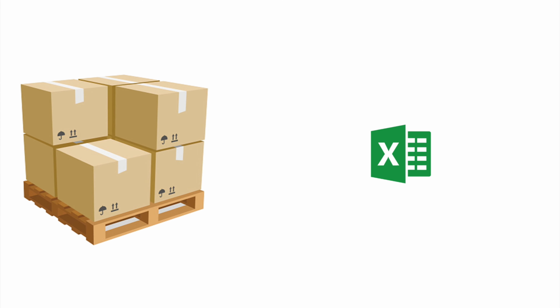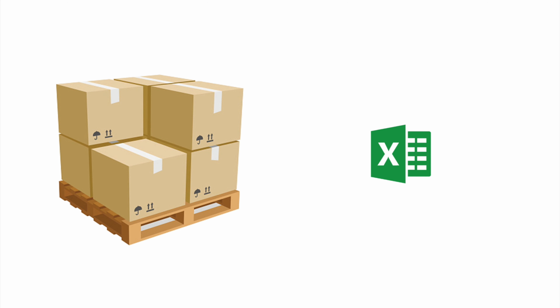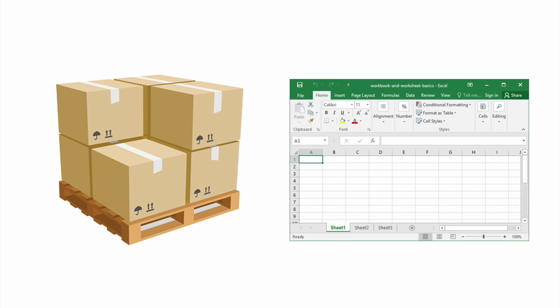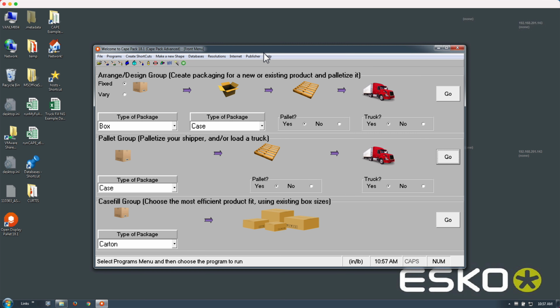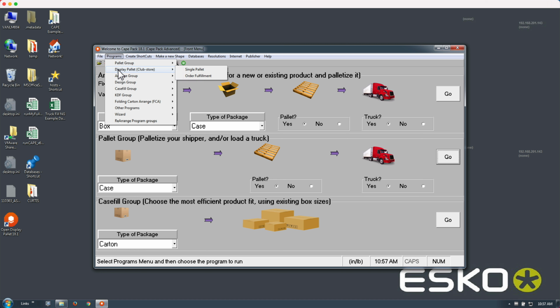In this quick video, we will show you an example of an order fulfillment import-export capability, also known as display pallets, starting from an Excel spreadsheet. Let's fire up the Display Pallet order fulfillment program in CapePack